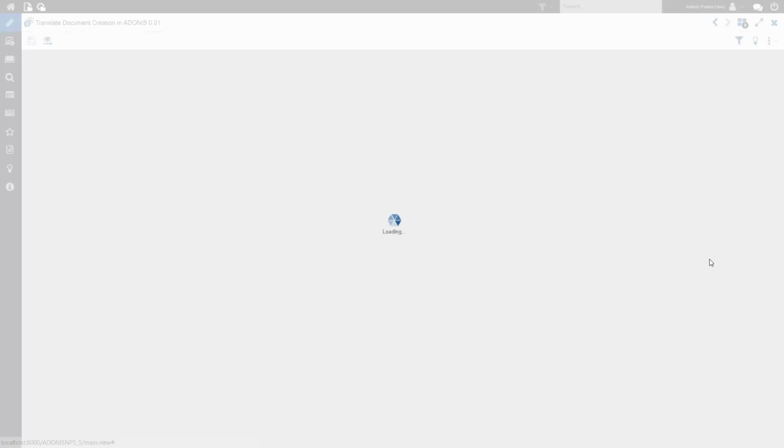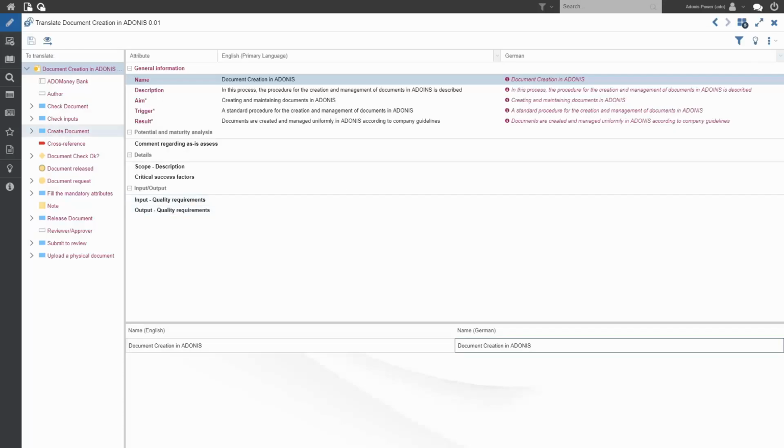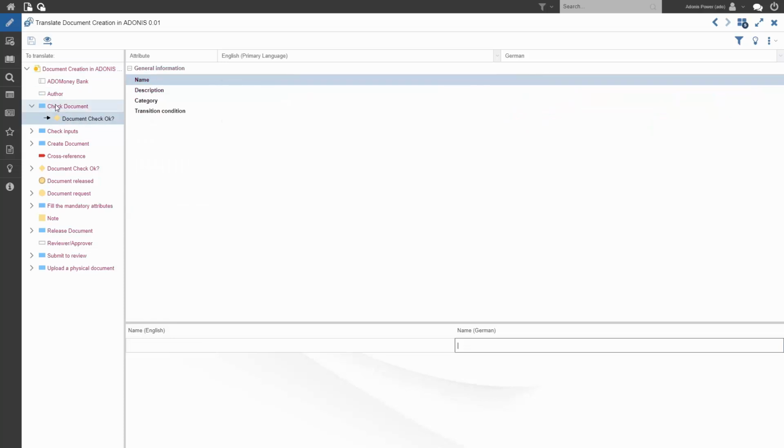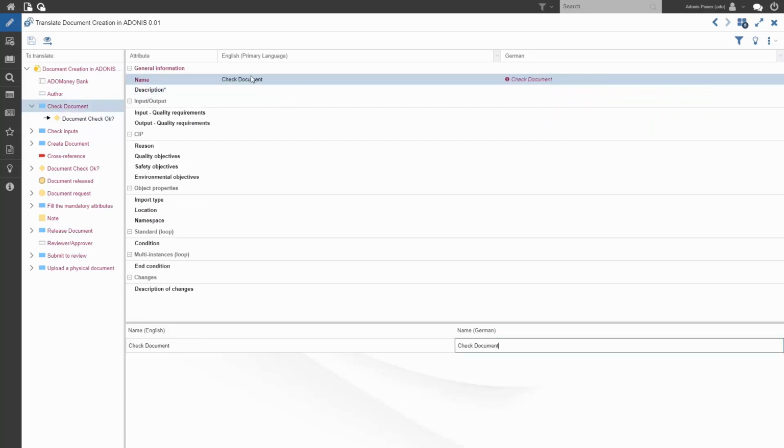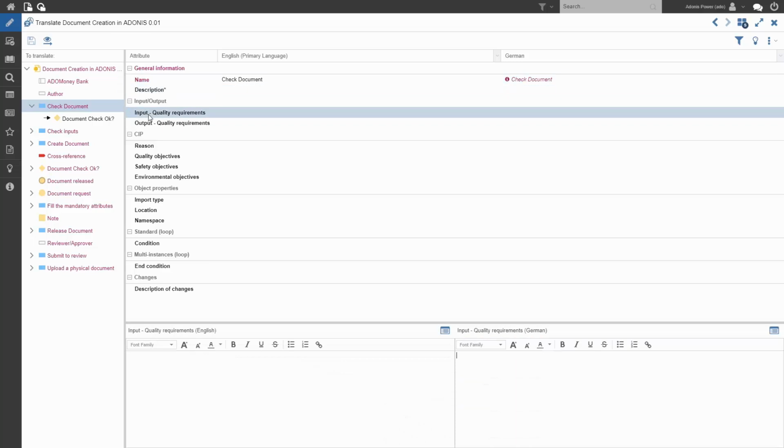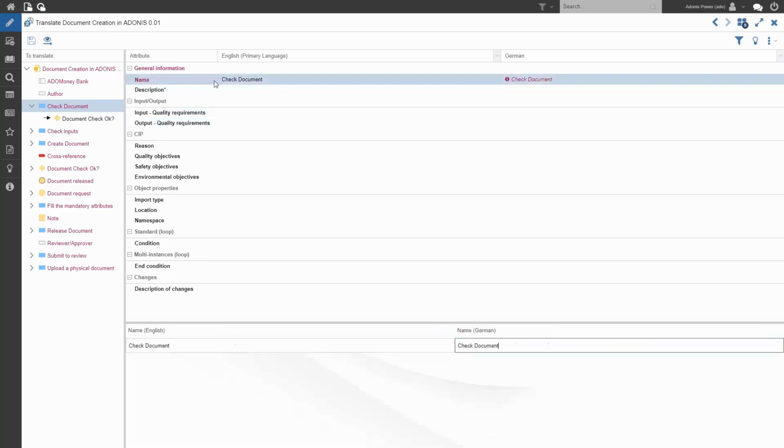Just 1 second. So when you go to translate a model, it includes all of your objects in the model, but we can also use the drop down here to also translate information that may be associated with the relations. But when you click on a task, for example, it will provide you with the attributes that it is possible to do the translation for. So first of all, it shows in your primary language check document, and it's now prompting you here where you would need to do the manual translation yourself if you wanted to be able to switch between English and German content.